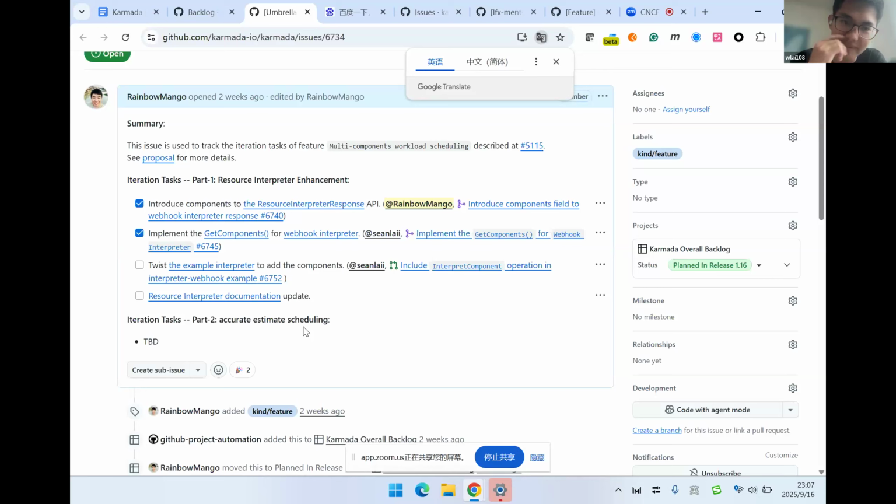I think currently it will break. If we enable that, currently the interpret component will take precedence over get replicas, so it will not have any replica for that specific resource. Okay, it will only break for that specific resource, to be more specific.